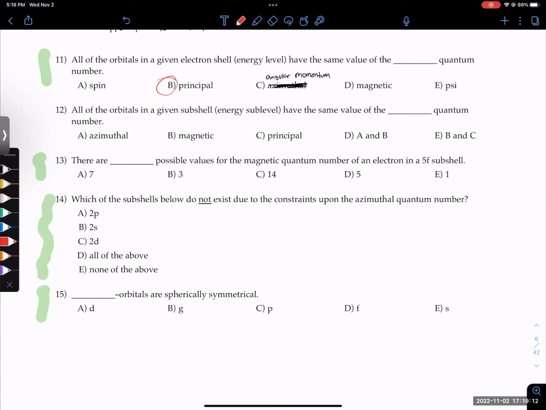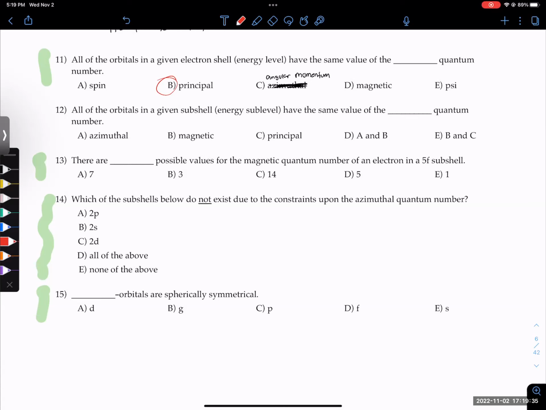Why does it stop at 3s? Why can't it go to 4s? Because the only options didn't have that. Otherwise, if the options had like 6s, you'd pick 6s. Yeah, because the hydrogen atom has every single orbital there, and that's only hydrogen. The answer is 7.